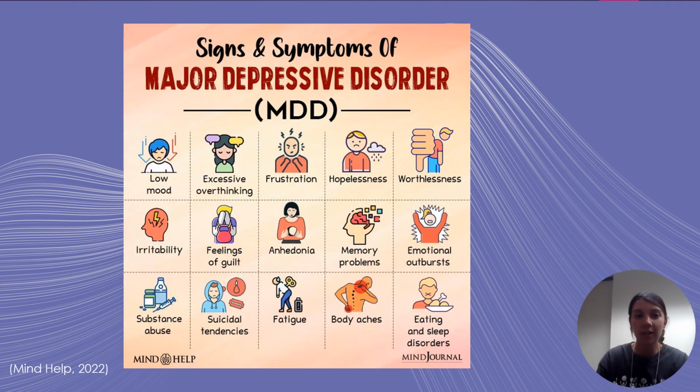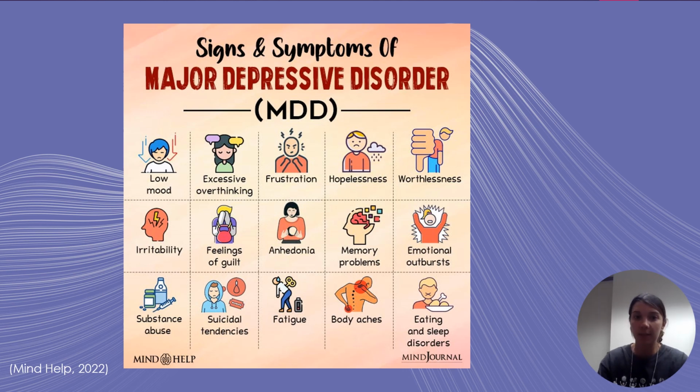So in order to understand how occupation impacts MDD, I think it's important to understand some facts about it. The age of onset is between the mid-20s to late 20s, and some co-occurring conditions that go alongside MDD include anxiety, personality disorders, and substance use disorder.